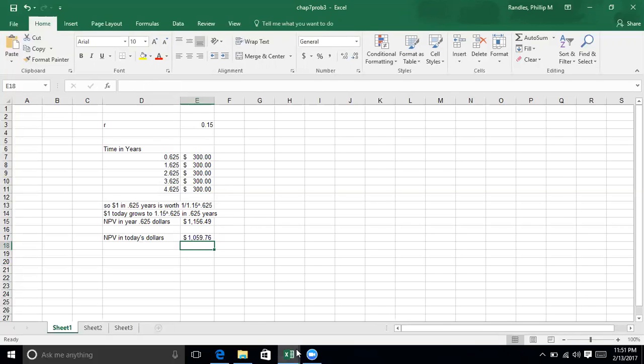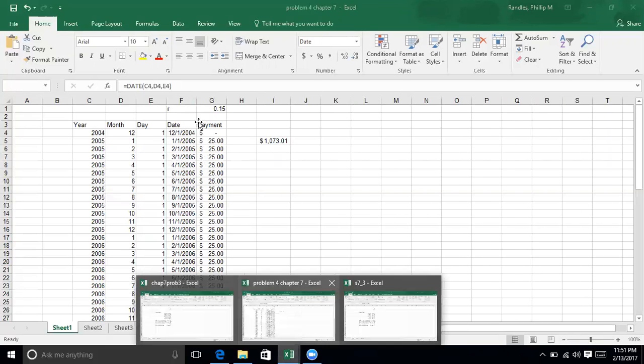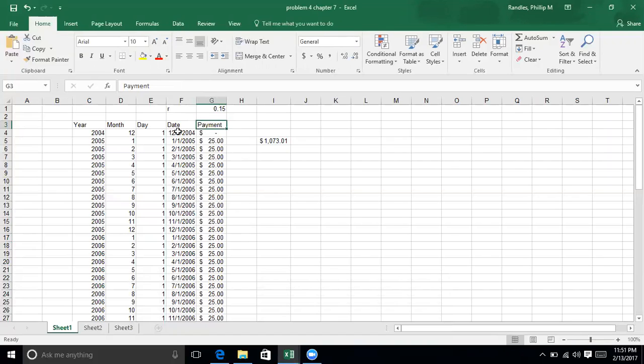For problem number 4, it's kind of a similar thing. It's a little different because you want to put every single month and date. First of all, you label it with the year, the month, the day, and you get the date. You see here it says that to get each date, you use this formula right here. For example, if you want to have 2010, month 12, 1, you would put equals, just like it says there. So with that, put date,